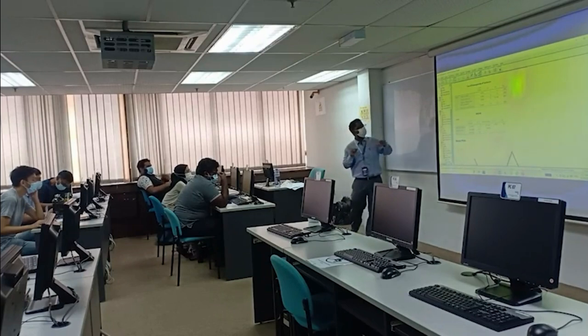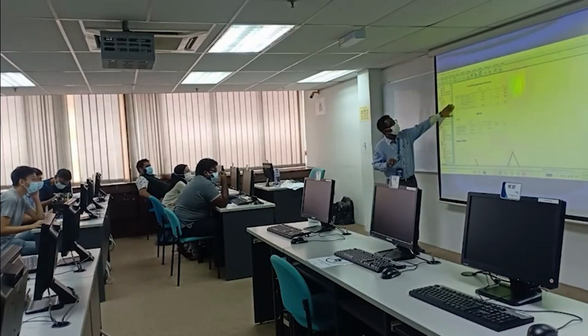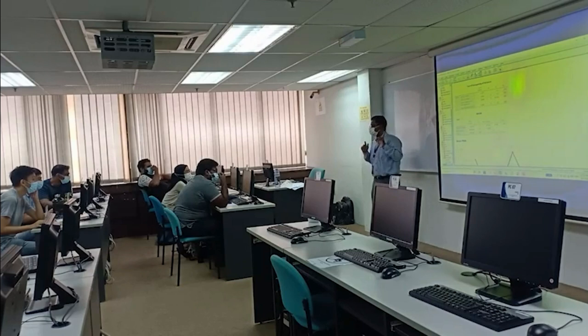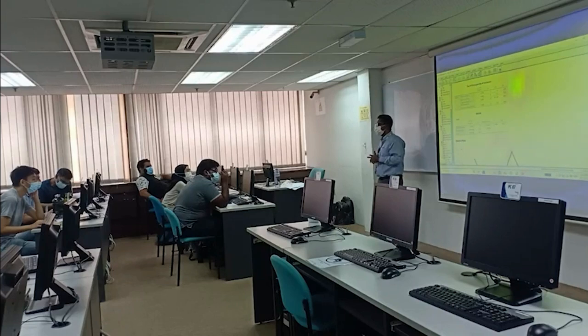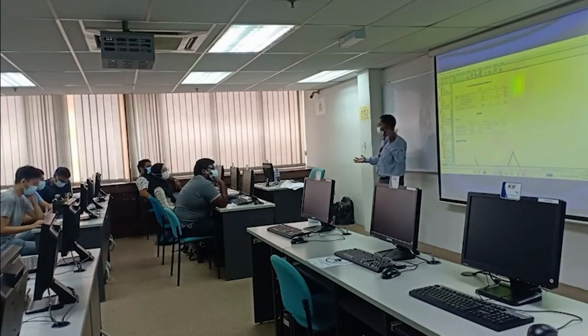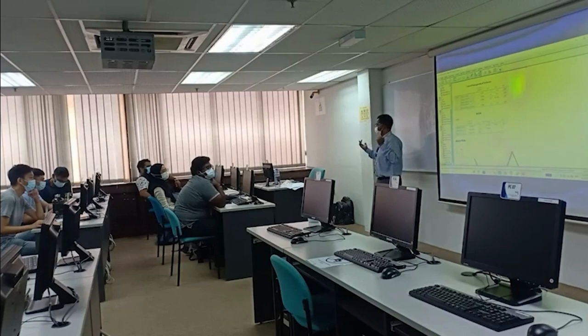And another one: the test of homogeneity of variance. You have to look at the first one, based on mean. It shows 0.000. That means it is less than 0.05. So there is no equality of variance. The variance is different between multiple groups. So we cannot use ANOVA here. You have to use a non-parametric test. Understood? That is one way you have to check assumptions while doing the test.